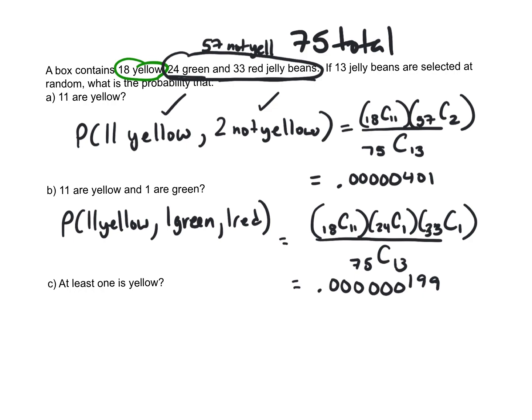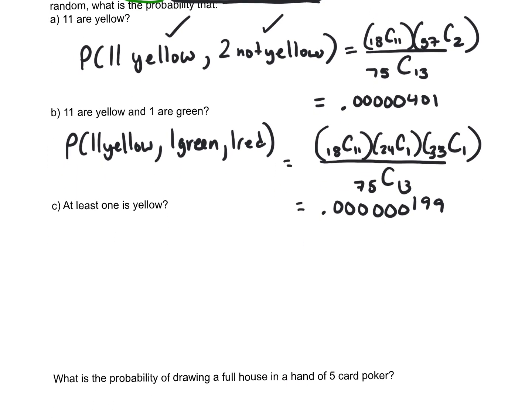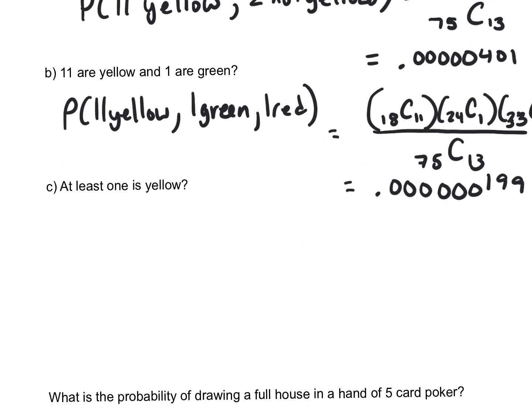Now finally, we have this last one, which could be a really hard problem if you don't know the trick. It says at least 1 is yellow. Well, at least 1 is yellow could be a lot of things. That could be the probability you get 1 yellow and 12 not, or it could be the probability of 2 yellow and 11 not. And you could keep doing this over and over and over again because at least one yellow is one or